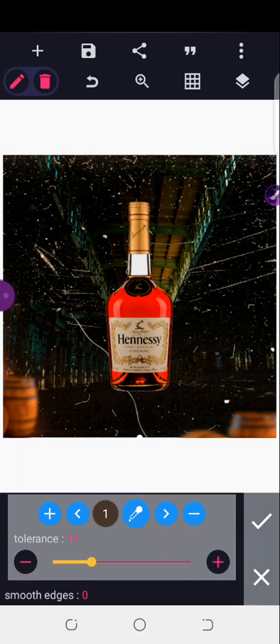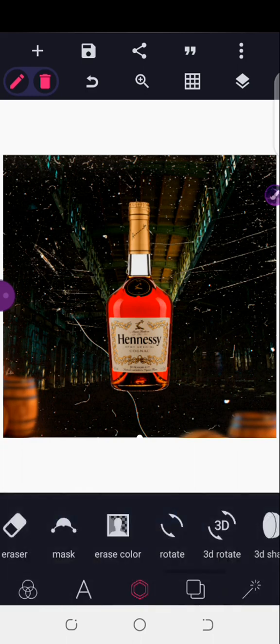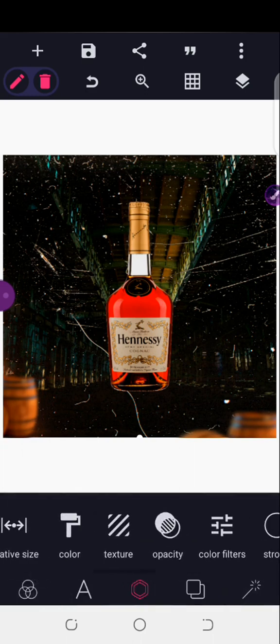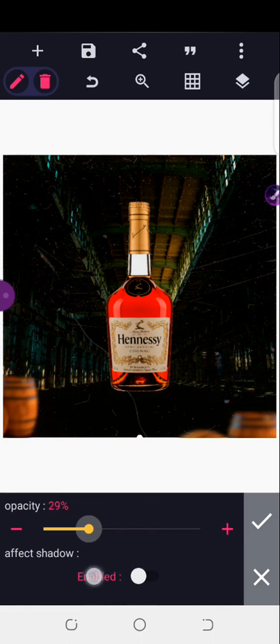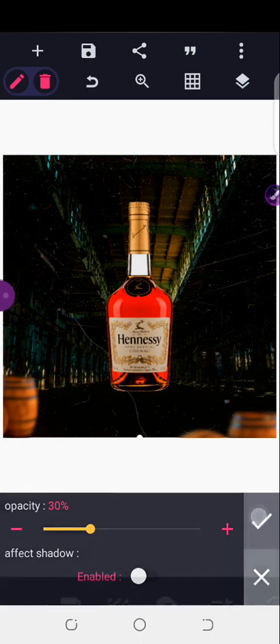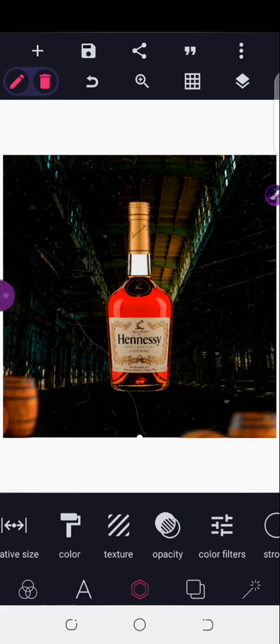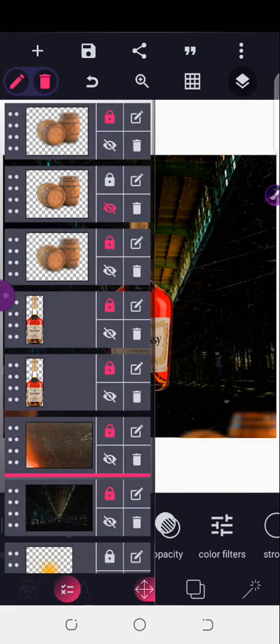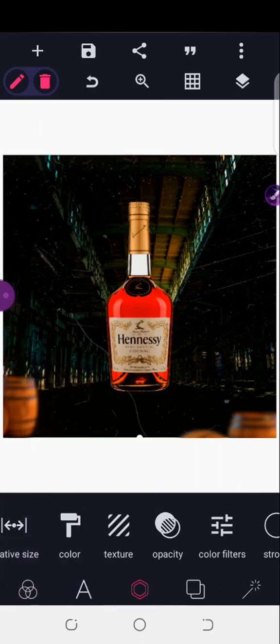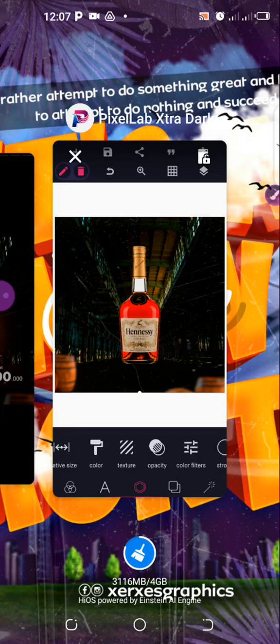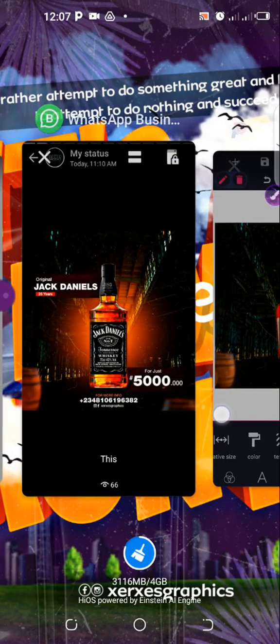okay, so let's just see if I increase my tolerance a bit. Then I will come here. My opacity should be about 30. Alright, so I've gotten this, so I will just come here and lock it. So I've gotten this, we've locked it. Now let's just look at it again. Okay,